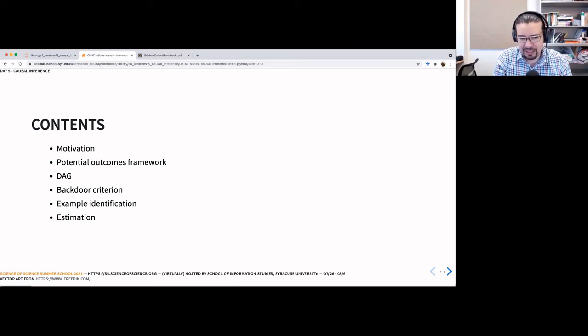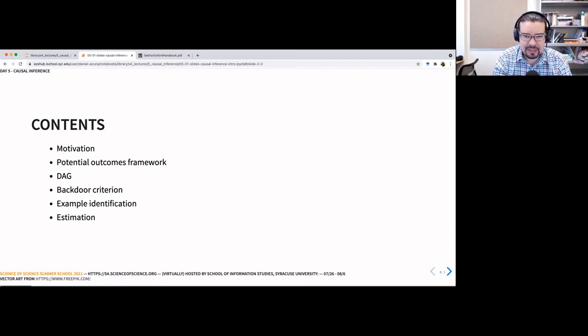Now, I'm not an expert in these things. I'm learning them, and again, sometimes it can be counterintuitive, because we are trying to reason about things that didn't happen and cannot possibly happen. So they're all, in many ways, philosophical questions. Okay, and then I'll give a very simple example on the Titanic data set, probably your favorite data set,